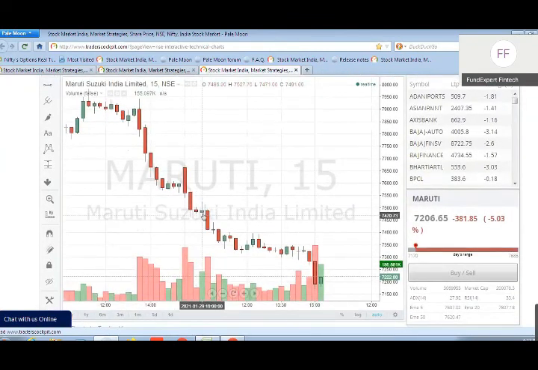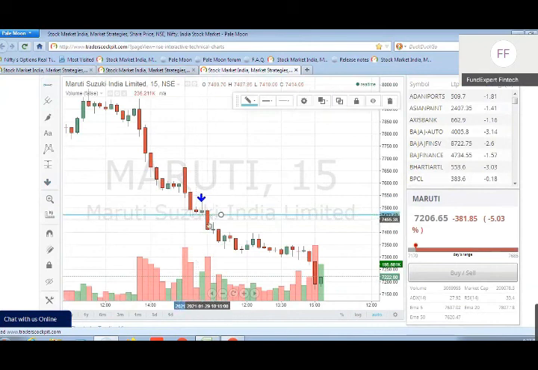Now Maruti, if you see here, at 10 o'clock this was the price point, and the market further went down from there. Now the entry would have been around the low breakout. Whatever the low was, say 7470 or some point, this would be the breakout, where my blue line is there currently, 7472 ideally.